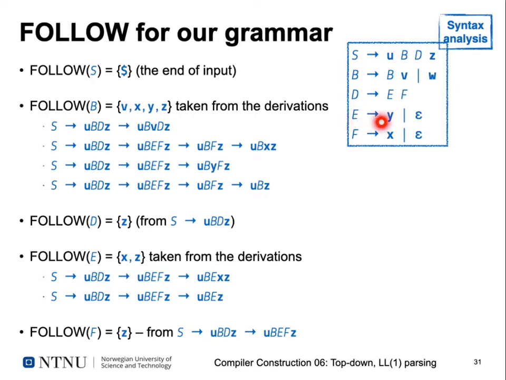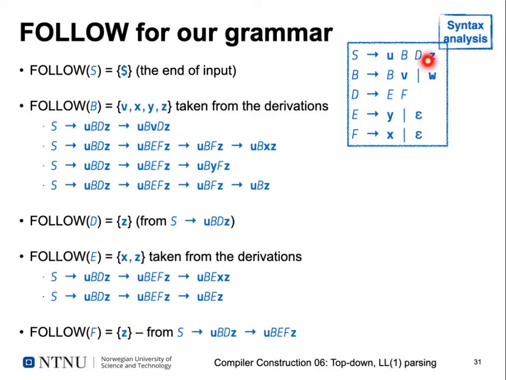So E can be either resolved here this way by U, B, D, Z going to U, B, E, F, Z, and then if we still have the E here, we can either have the x by resolving the following F here to an x, or if we resolve this F to an epsilon again, then we would finally derive U, B, E, Z, because we've derived the D to E, the F to epsilon, and then after our E, we have a Z here. So the follow set for E is x and z, and the follow set for F is simply z, because